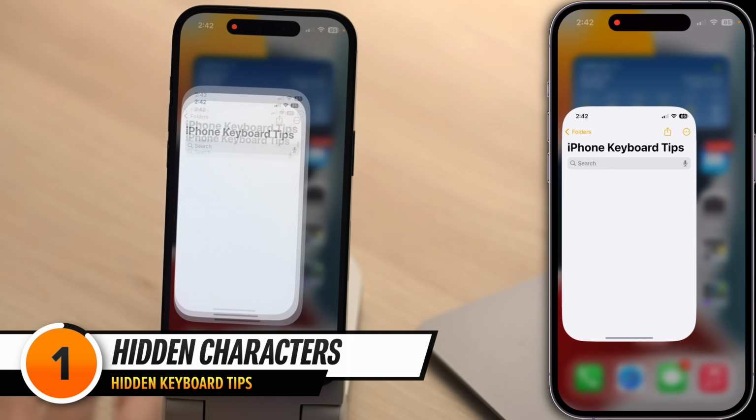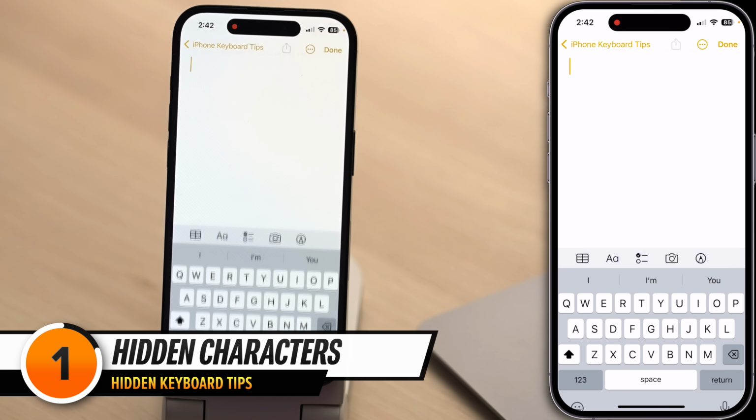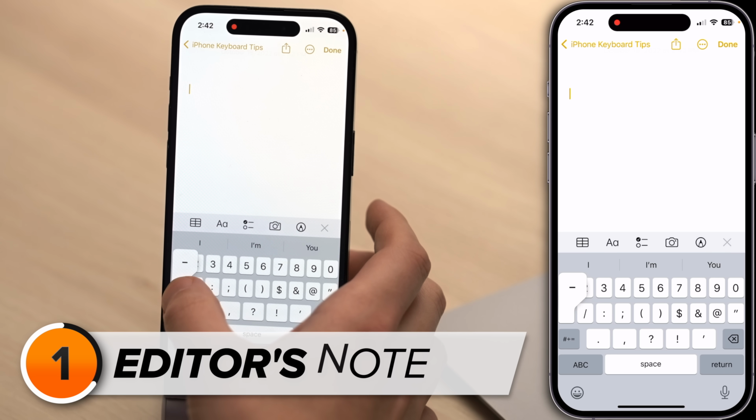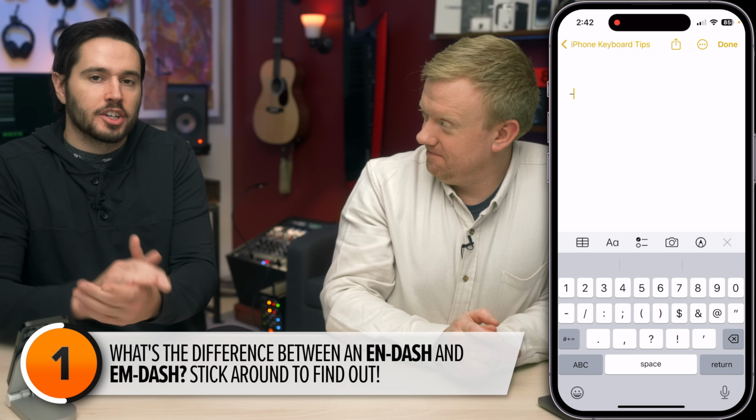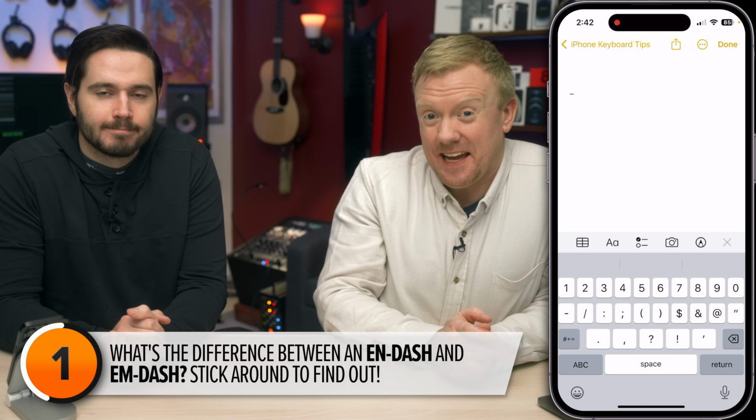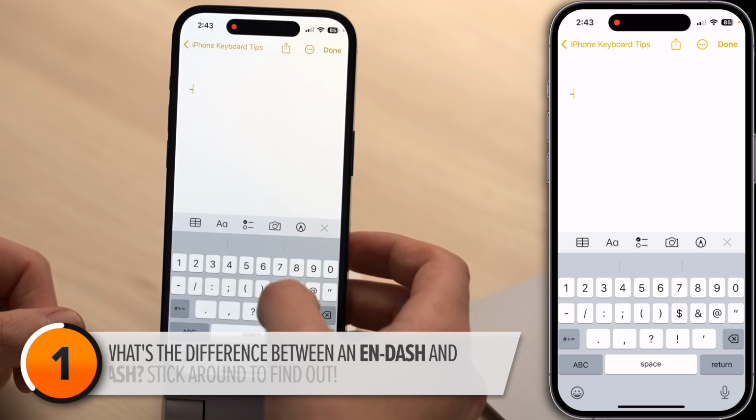Let's open the Notes app and create a new note. You can find hidden characters by pressing and holding on certain keys. The one I use most often is the N dash and the M dash. I've gotten to the point in my life where if I use the wrong dash, I get really frustrated. Maybe we'll do a grammar lesson at the end of the video, but for now,